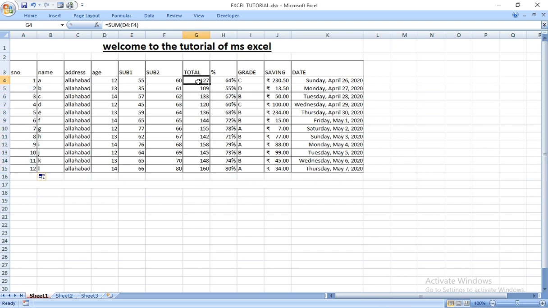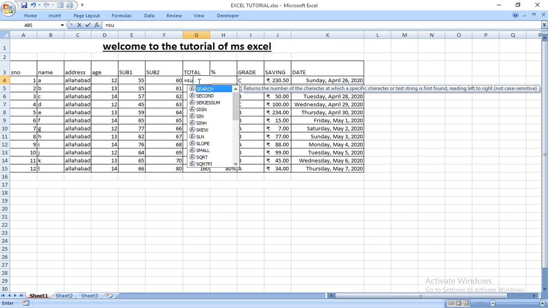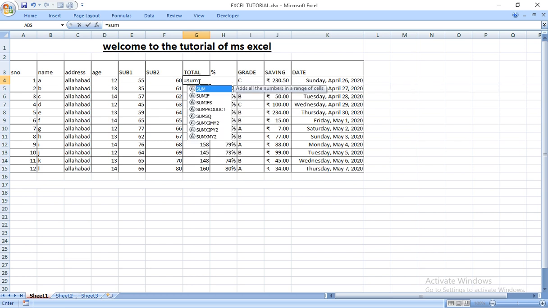So press equal, SUM, open bracket, then select the two subject marks and press Enter. It will give you the total of your marks. Press the right key and come till the